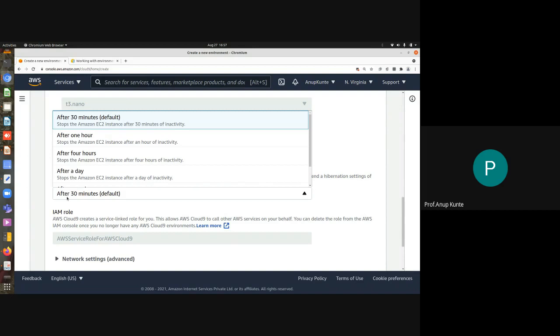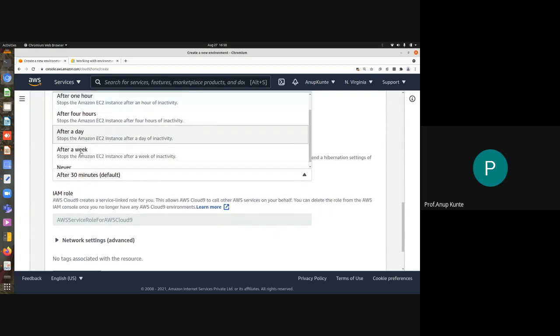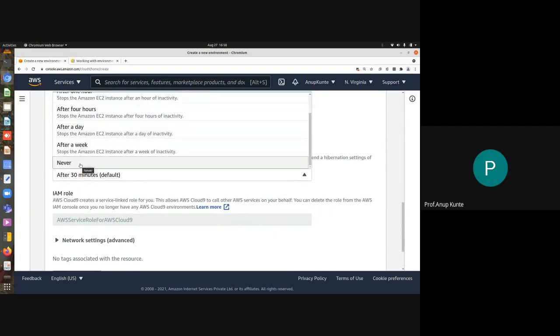That amount of billing will be cut from your balance, if it is credit or whether it is actually going to be demanded to you. Okay, तो 30 minutes के inactivity के बाद automatically IDE close होगा. ये by default setting रहता है, but if you are in a developer team, and you have a lot of money with you, you can select any other options as well. Okay, you might ask never as well.